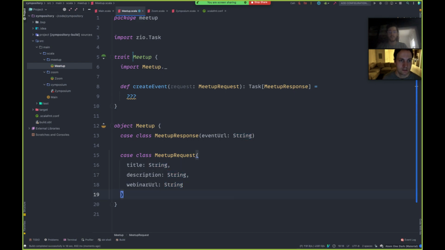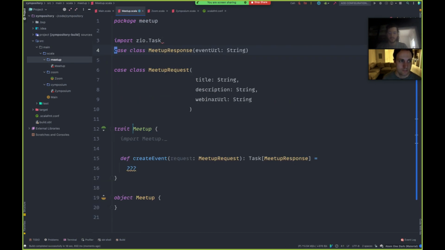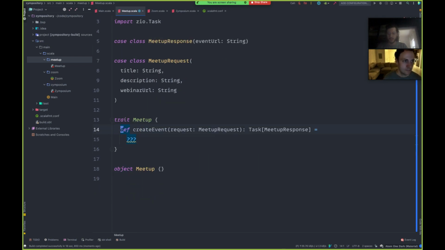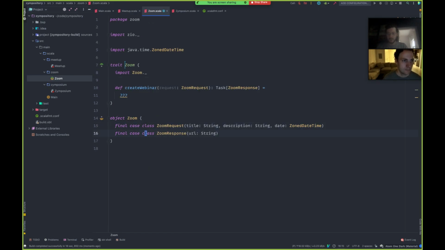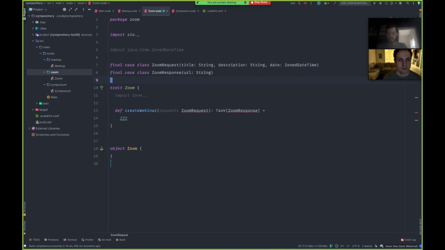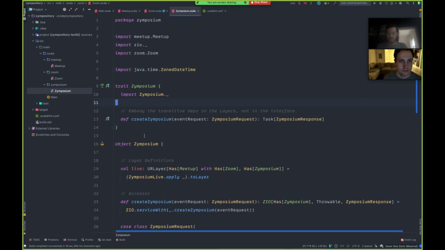Another nice thing is now that we have these in packages, I can move Meetup response and Meetup request out to the top level, and they can eventually exist as separate files. So another thing that I'm going to just do with Zoom as well. Cleans that up a little bit. And Symposium too.